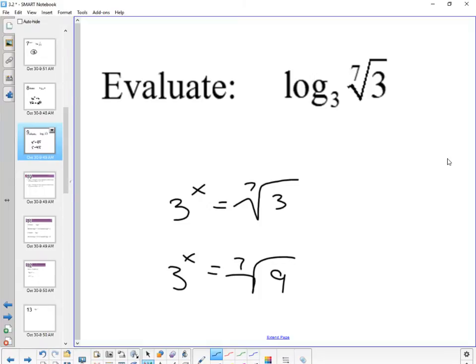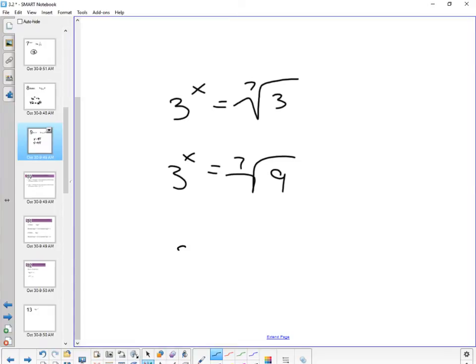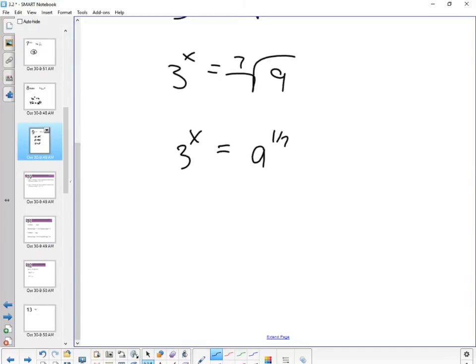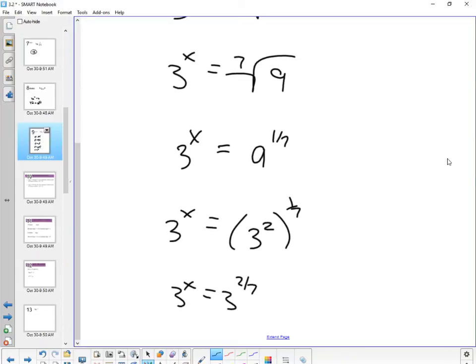Okay, so if this is the question, we're going to do this real quick. This would be 9 to the 1/7, right? But I want this to have a base of 3. So I can rewrite that, where 9 is 3 squared, correct? But that 9 is to the 1/7. And then I just use my rules again. 3 to the 2/7 power, so 3x is equal to 2 sevenths. So x is